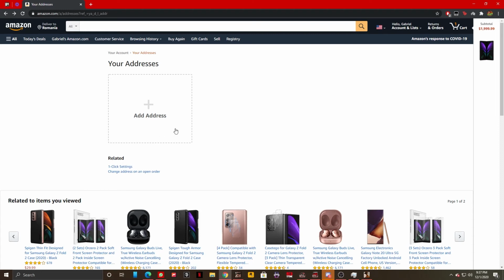So how do I make my address the default one? Once you have an address here in this little box, you should have a little blue option right here with set as default. You're gonna wanna click on set as default on the address that you want to make your default address. Once you've done that, you should be good to go and have a default address